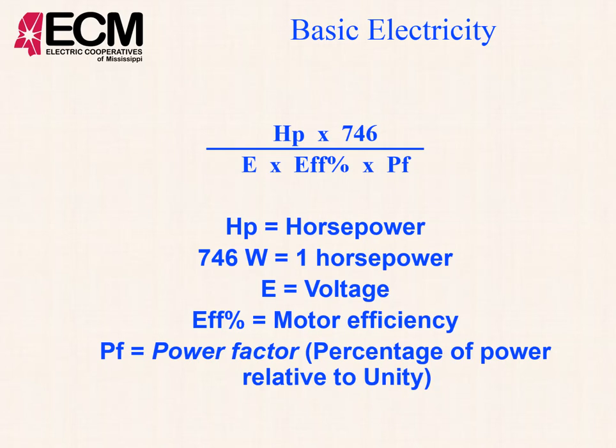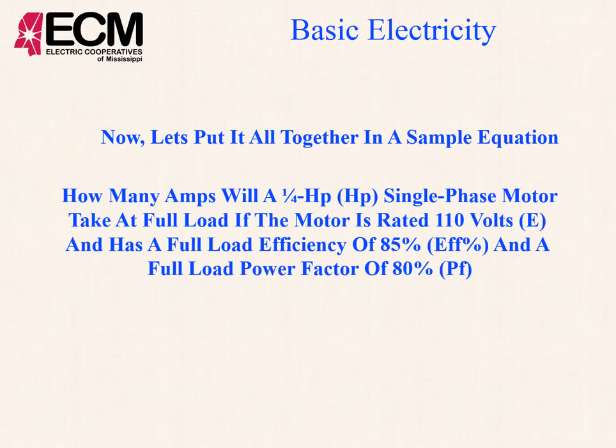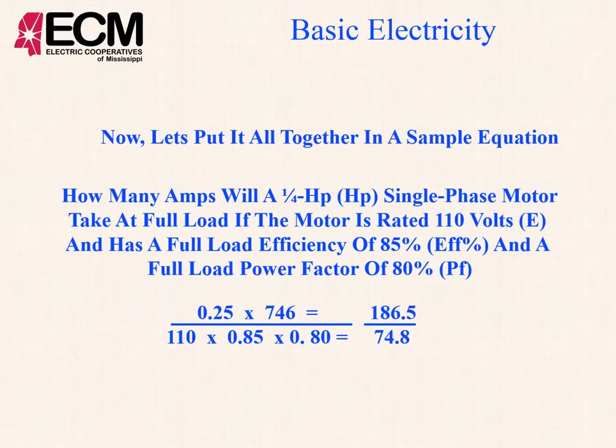Okay, so I think we got a math problem here. Let's do this one. How many amps would a 1/4 horsepower single phase motor take at full load if the motor is rated at 110 volts and has a full load efficiency of 85%, which is not very good, and a full load power factor of 80%? Okay, so basically we're going to take our formula. We're going to take that 1/4, 0.25, and multiply it by 746 right here, and we're going to come up with